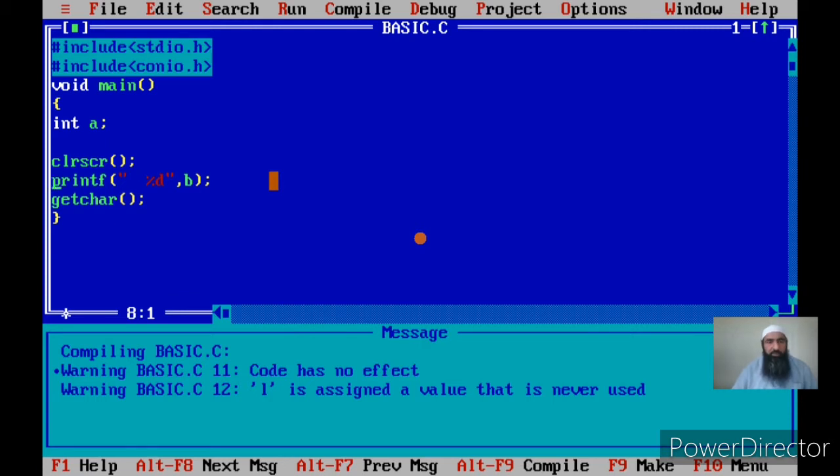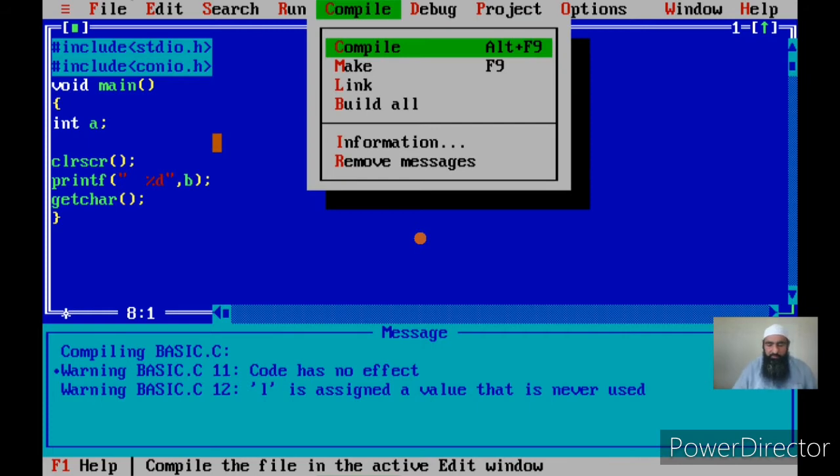Suppose now in this program I have declared a variable a, but I am printing the value of b, but b is not declared. Can I do that? Since b is not declared, there is no location that has been assigned with the name b. What will happen in this case? Let us compile and check it out.